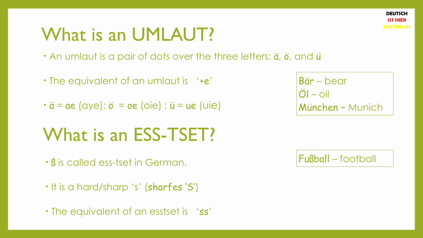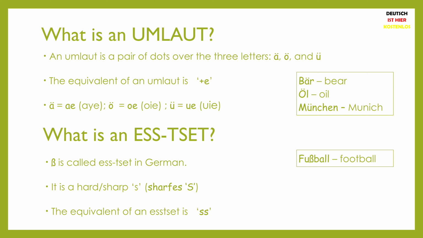The pronunciation of A umlaut becomes a sound like A, that of O umlaut becomes Ö, and U umlaut becomes Ü. Let's take an example for each case. So we have Bär, Öl, München. Bär is the animal bear in English. Öl is oil. München is a city in Germany. It is called Munich in English, and that's all an umlaut is about. Just an E added to the vowel. Note that the English letters E and I do not have umlauts.